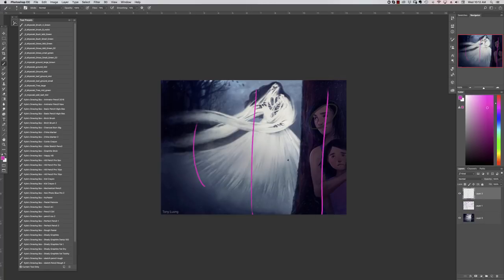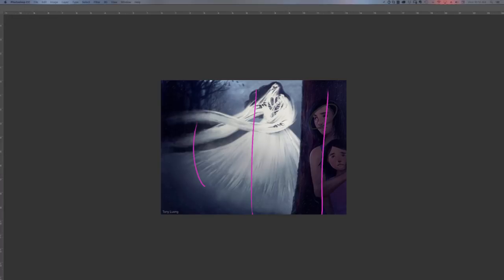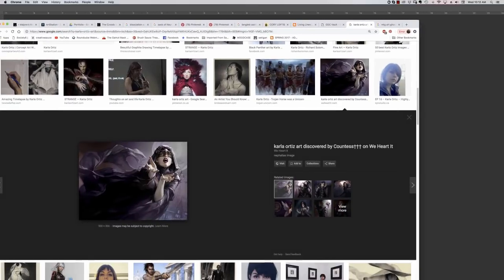But yeah, imagine, I've seen a piece by Carla Ortiz, where there is acting in a specter or a ghoul that really feels alive. Let me show you, just to show you where things are at with that. Okay, here's a bit of an example. I don't know if it's a specter, but it's getting that motion in the rags, it's getting the acting into the characters. That's what it's about, and that's what your piece is lacking.